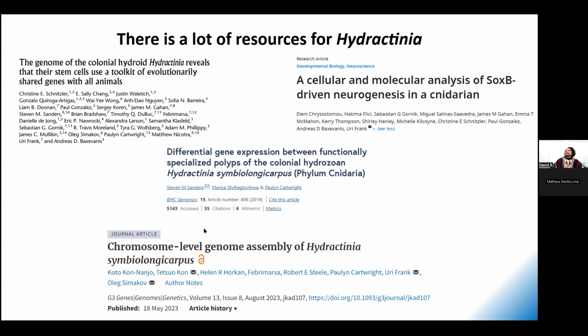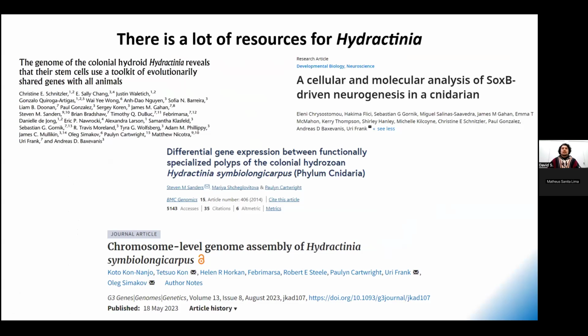We also have an RNA-seq bioinformatic analysis of the colony, but only at the bulk level. And more recently, we have access now to a chromosome level genome assembly of Hydractinia. So this makes it more appealing for all these studies